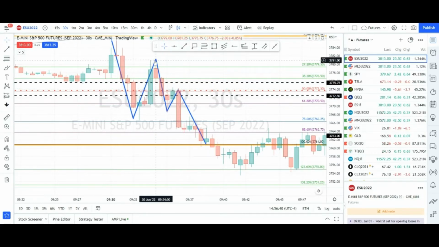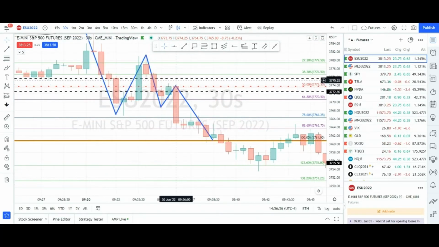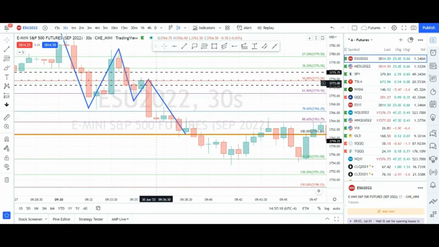Because previous time the market came down, first time it broke, went back again. Second time it broke, went back again. It didn't break this level. And you can see the wick, a very small wick. But this is a 30 seconds candle. The price is going down. If you put your sell order here, you will be in a safe condition because you are putting your stop loss above this previous green candle. You can go with the sell and at least you can get out here above this